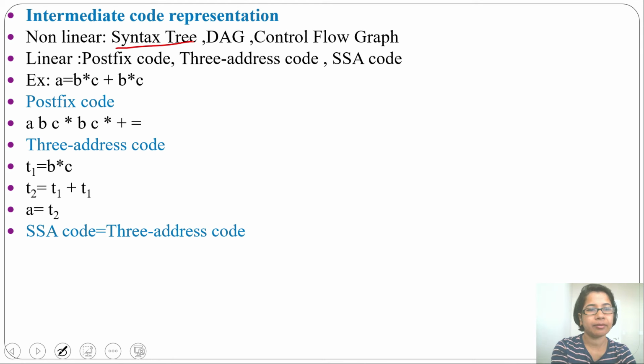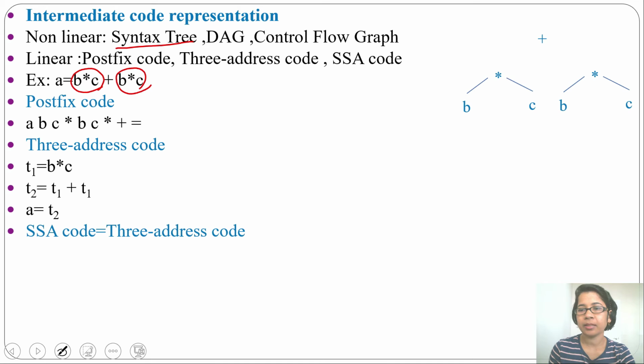In the syntax tree, first I'll create a node for this B * C. So one node for B, another node for C, and for multiplication, B will be its left child while C will be its right child. Next again we need to do B * C. For multiplication, B will be its left child and C will be its right child. Now we need to add these two.